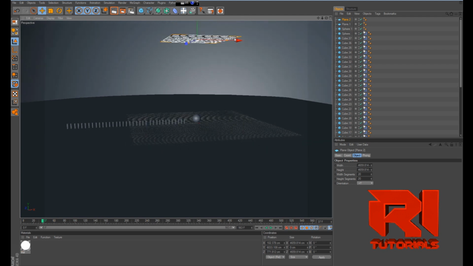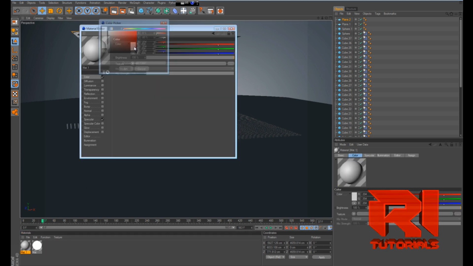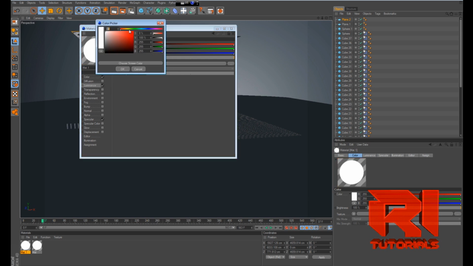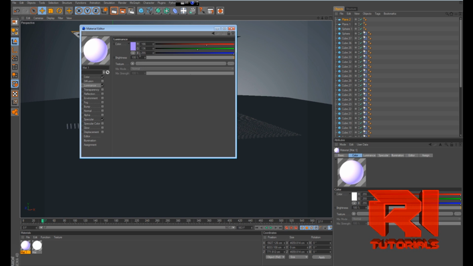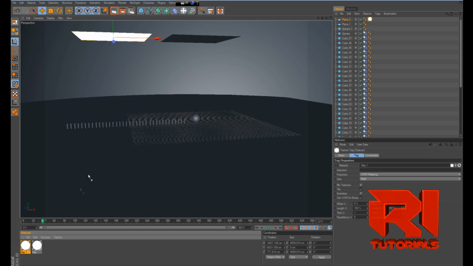Ctrl+C, Ctrl+V, and drag this one right here, and create another material, again color white, luminance, color, make it blue, or kind of purplish blue, increase the brightness to around 180, and drag this material over to this plane and the warm material over to this plane, and go